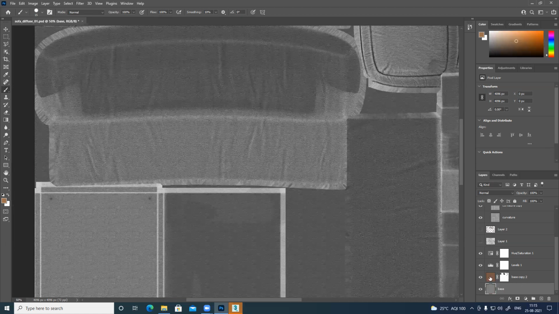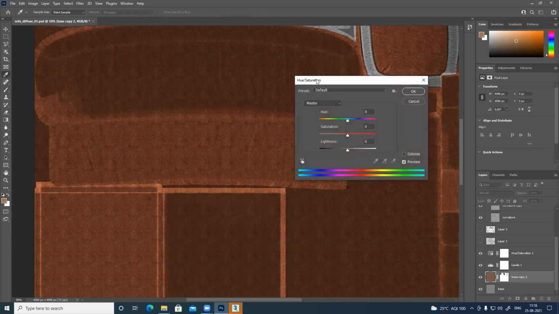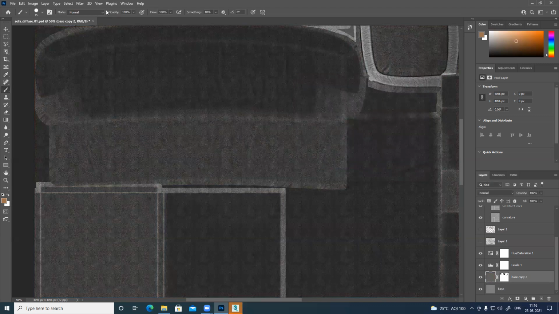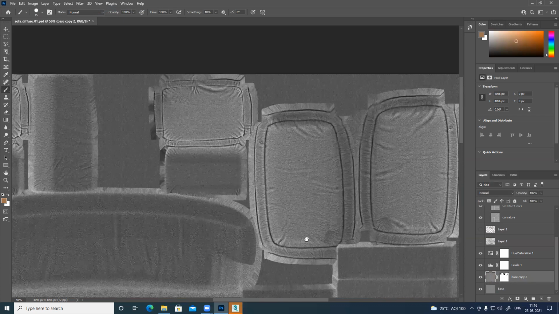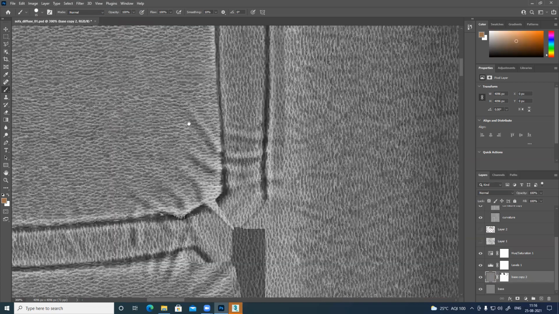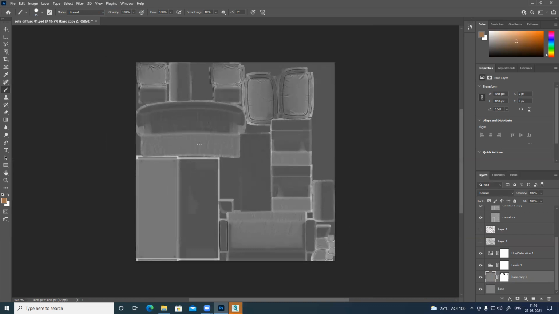Same thing, I'll switch on this one. Click this. Control U for your hue saturation and make it gray, and High Pass. Got it. So now I can see everything properly. Direction, everything is clear and clean now. Nothing is repetitive. Everything looks clean and flat. So I need to add a color. These two are basically my basic layers.